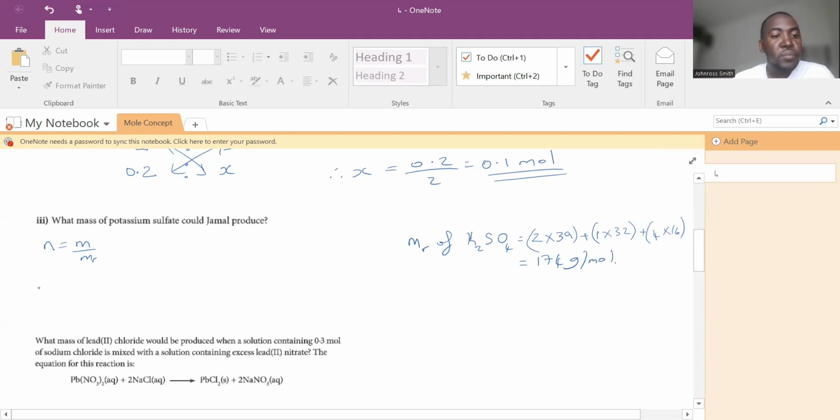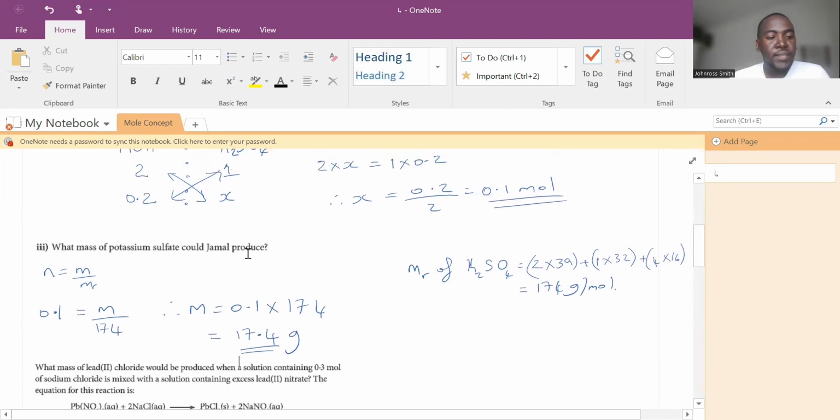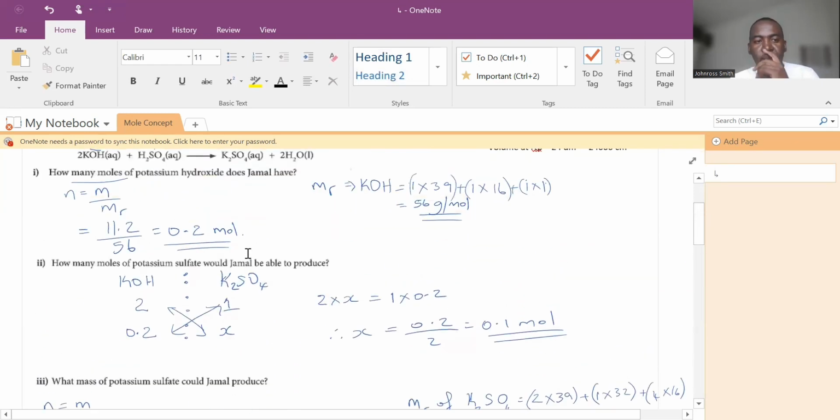All right, so we know the mole, which is 0.1, equals the mass, which we need to find, over 174. So therefore, mass is equal to 0.1 multiplied by 174, which is equal to 17.4. And the unit would be in grams. All right, so notice, very simple, once we understand what's the purpose of the equation and what's the purpose of the formulas that we used in